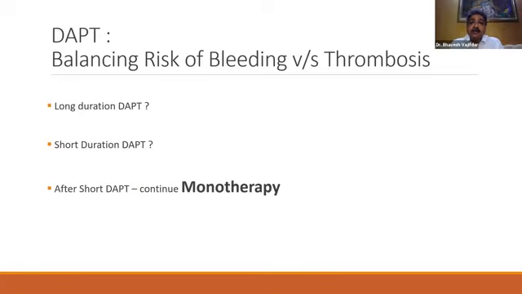So depending on whether you are at a high bleeding risk or a high thrombotic risk, you can classify this patient into 3 types of patients. Whenever you are treating a patient with ACS, you have to classify where your patient is. If your patient is at a high risk of thrombosis or high ischemic risk and a low bleeding risk, then you should give them a longer DAPT therapy. If you have the vice versa, that means the bleeding risk is high and the ischemic risk is not high, then you could give a short duration DAPT. That means you don't want a lot of bleeding to occur.